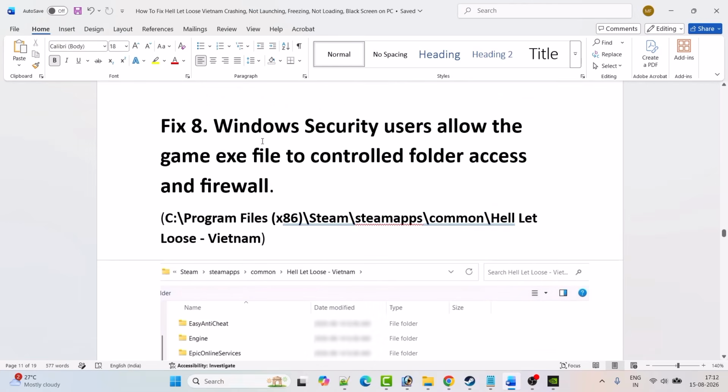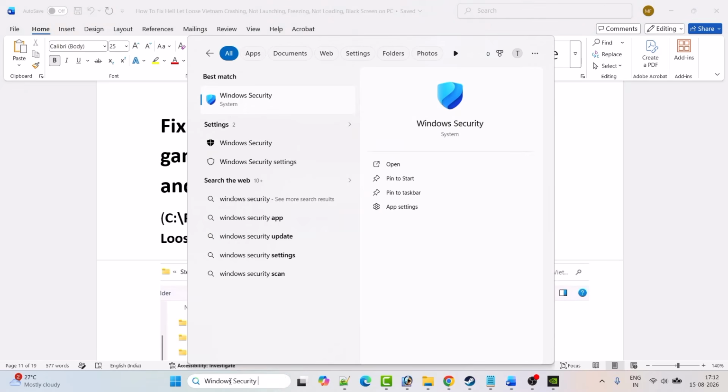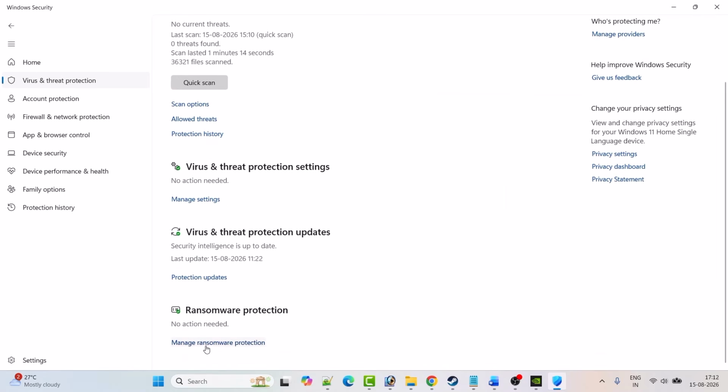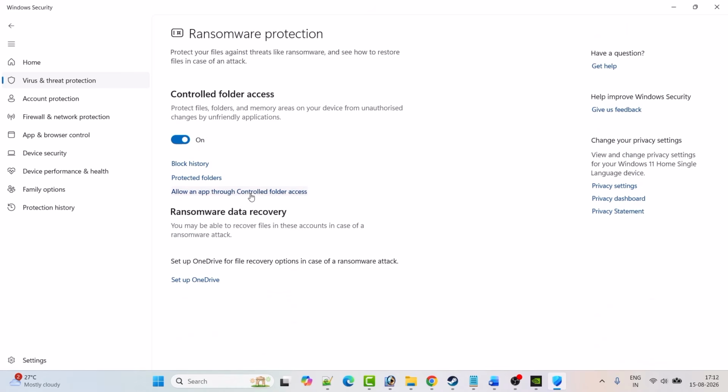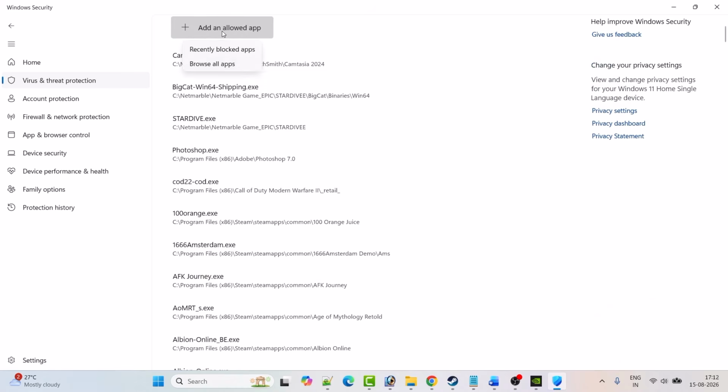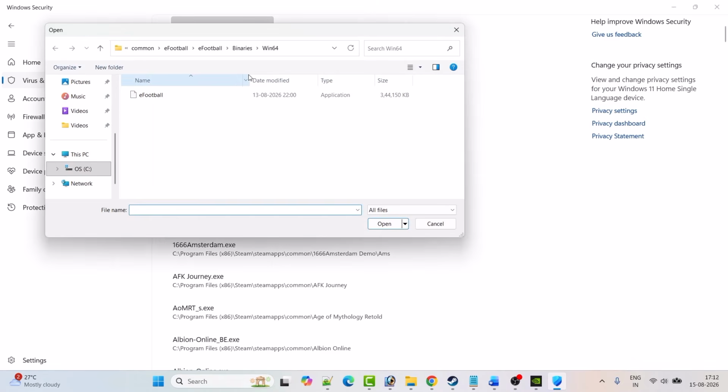Fix 8 is for Windows security users: allow the game exe files through controlled folder access and firewall. So in Windows search, type Windows security and open the Windows security. Click on virus and threat protection. Scroll down, click on manage ransomware protection. Click on allow an app through controlled folder access. Click yes to allow. Then click on add an allowed app, browse all apps, and then browse to the game